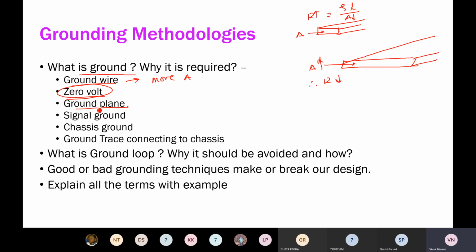We have to arrange the ground plane so that we will also reduce the coupling in between the two. Use a different ground plane and signal plane for the returning path. Sometimes we use the chassis as a ground because chassis of the device is having lots of cross section area, and in turn it is also going to help us to reduce the EMI from the adjacent circuits. Okay, the ground trace connecting the chassis is very important, and sometimes it is also useful for the guard bands. We will see what we mean by guard bands soon.